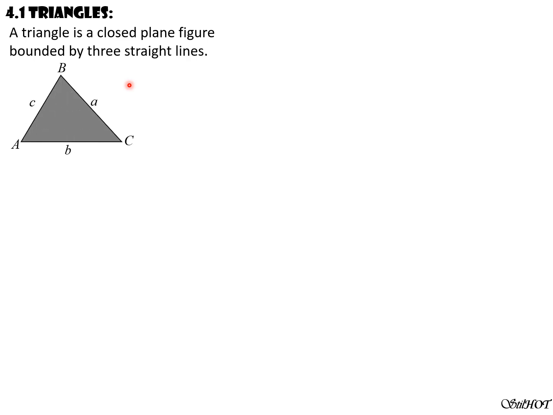So for triangles, it is defined as a closed plane figure bounded by three straight lines. Then we have two cases here as a representation, where the height is perpendicular to the base, which I chose to be the horizontal. So this is the height, and this is also the height perpendicular to vertex B. The area is 1/2 BH.